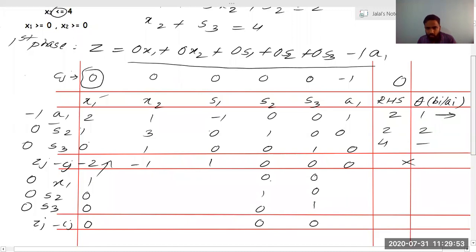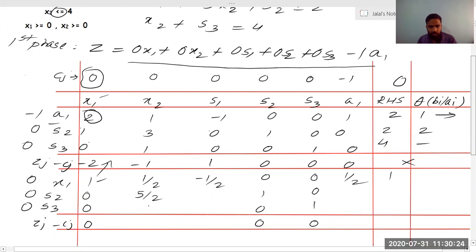Now what do we need to do? We need to find the other values. So we have to find the pivot column. This is the key element. Pivot row and pivot column combination will give me the key element. So this should be 1, 2 by 2 is 1, 1 by 2 is 1 by 2, minus 1 by 2 will be minus 1 by 2, 0 by 2 is 0, 0 by 2 is 0, 1 by 2 is 1 by 2, 2 by 2 is 1. Now we need to find this value. This value will be 2 into 3 minus 1. Is it right? So 6 minus 1, 5. So this will come out to be 5 by 2.